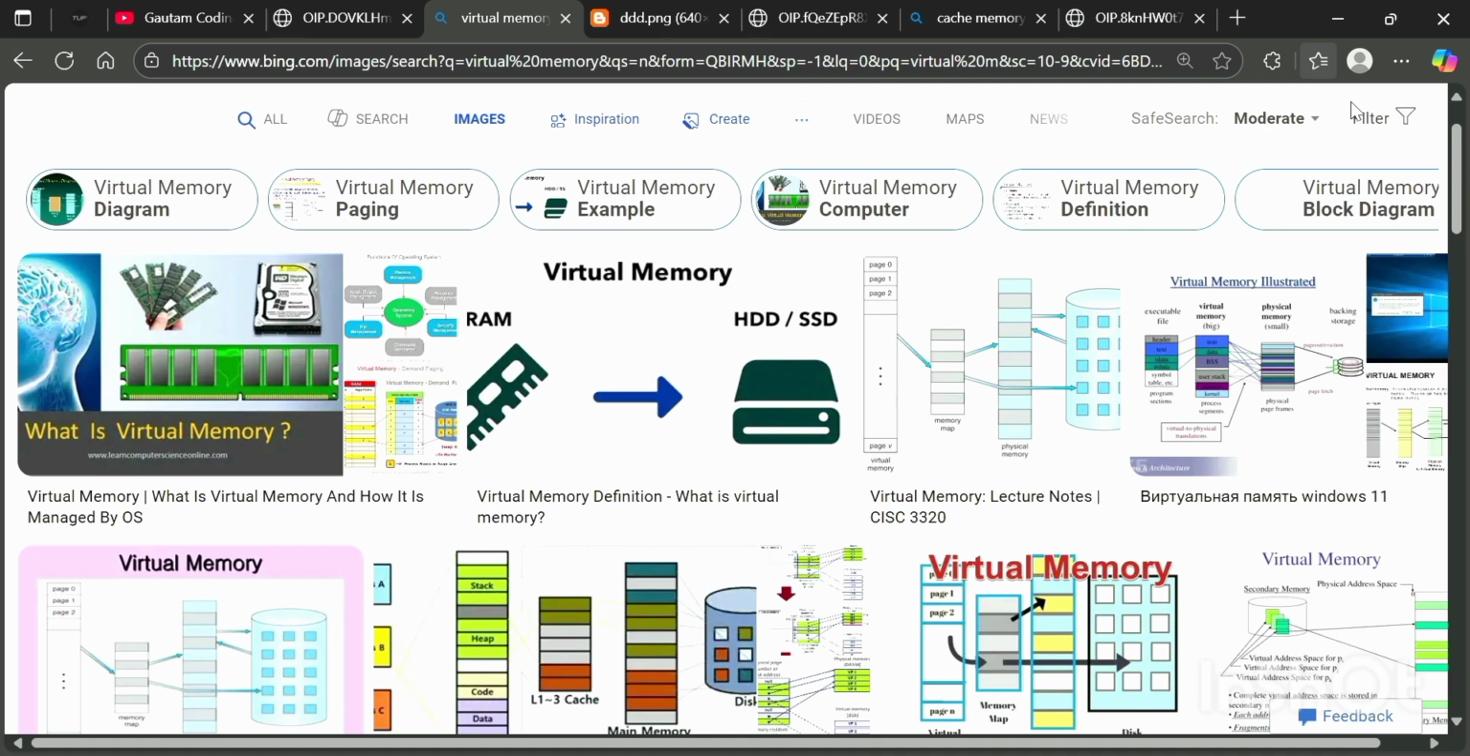Now another question is: explain how garbage collection works. Garbage collection is the process of automatically identifying and reclaiming memory that is no